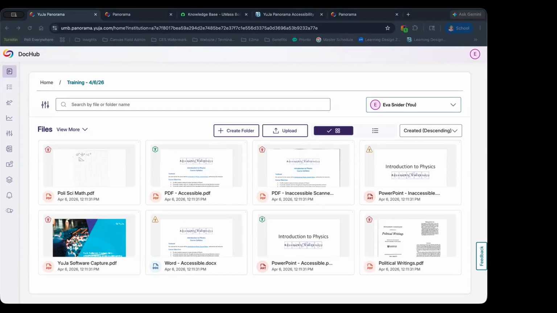I would encourage you not to get too hung up on those scores. These scores are automatically calculated based on the issues that the platform has identified. These scores are not by any means the definitive word on the accessibility of these documents. So a higher score, while generally good, does not necessarily indicate an accessible document. And a lower score, while generally bad, does not necessarily indicate an inaccessible document.